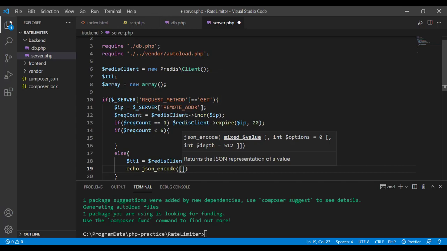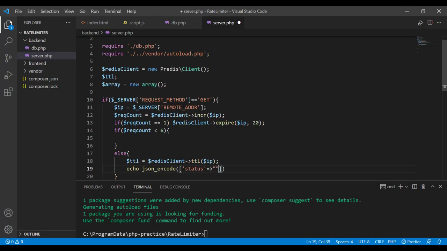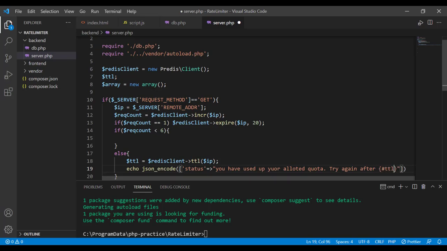So I'm creating a variable with only one value, status, and its value is: you have used up your allotted quota. Try again after TTL seconds.